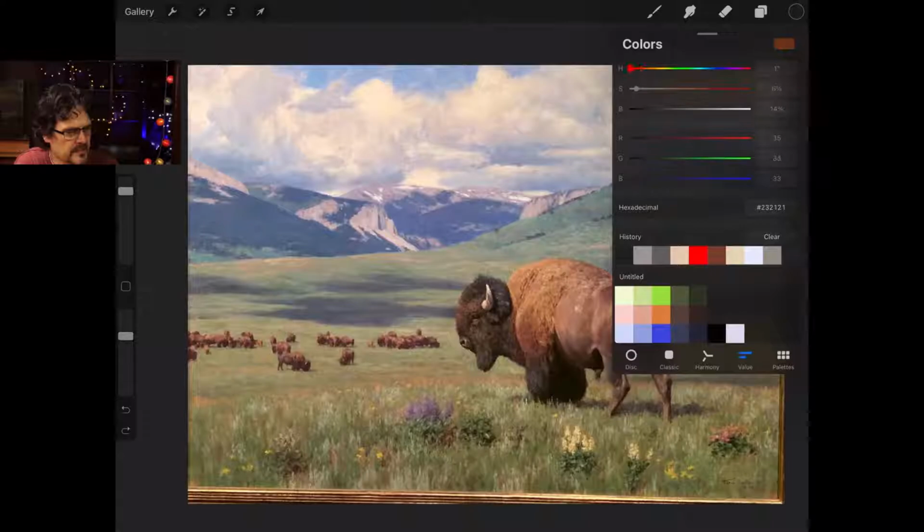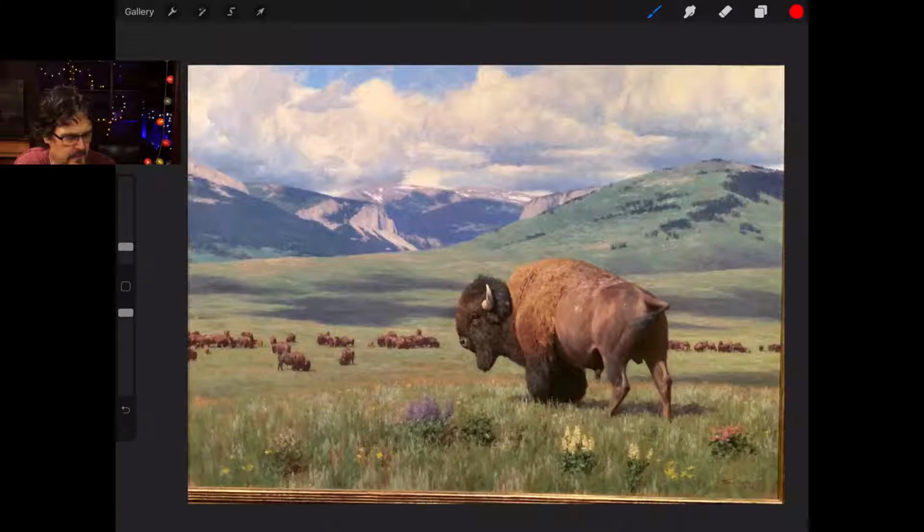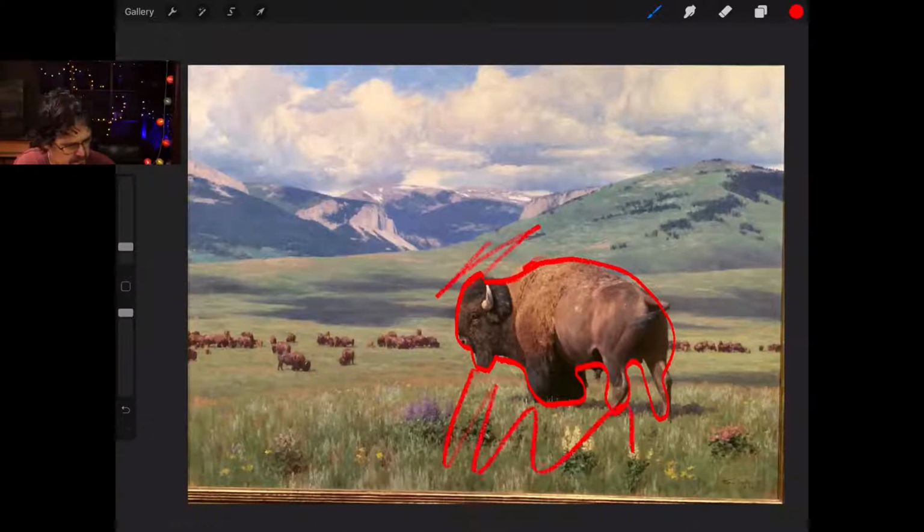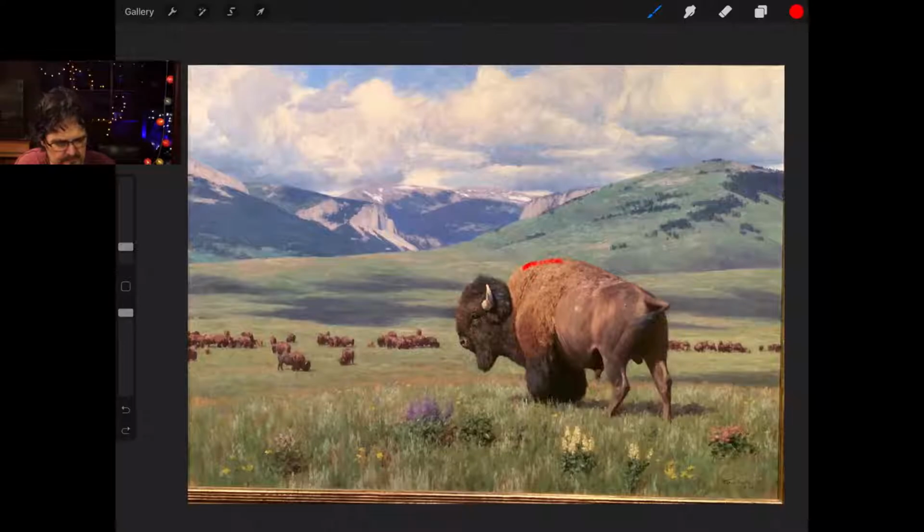Why don't we work in a color that you can see? There we go. So hopefully you can see why we're looking here. For one thing, it's a big reddish, brownish spot against a bunch of greens and blues. So of course it sticks out. There's another reason it sticks out, but I'm going to wait and see if you see that, and we'll point that out at a later date.